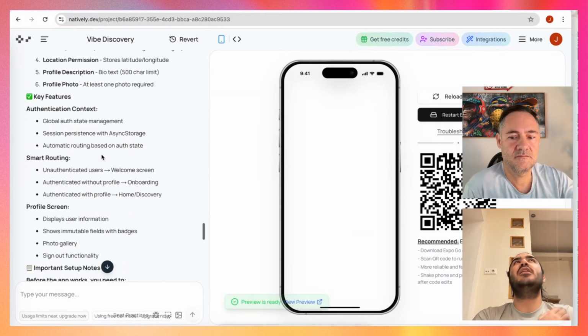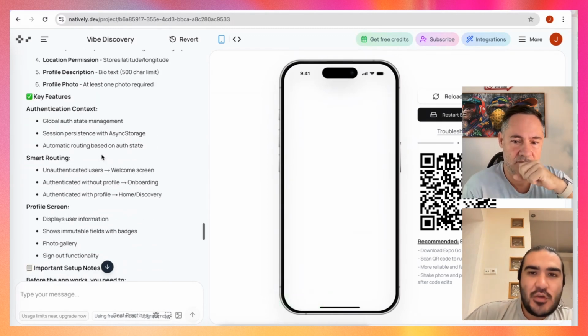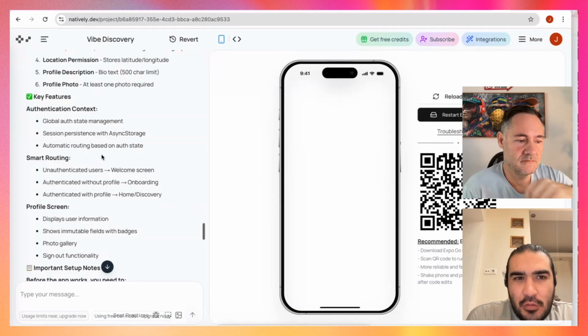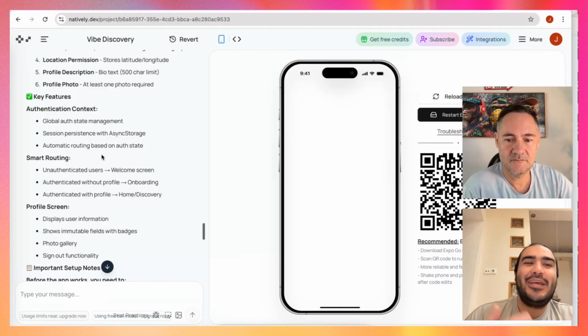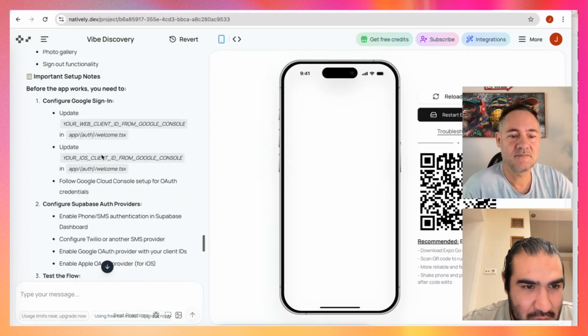This is something where, with a vibe coder, you assume that everything will just be built, but you don't know that. For example, being able to sign up with Google, maybe you need to integrate with Google or do something. These are all things that actually pop up as questions.